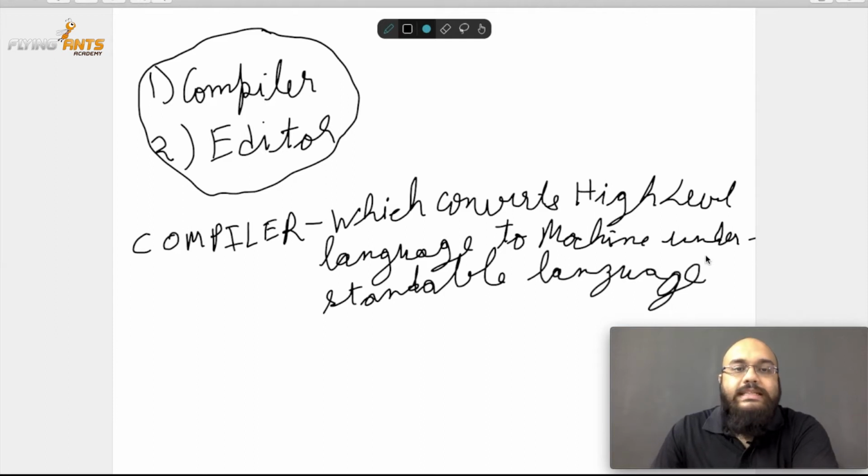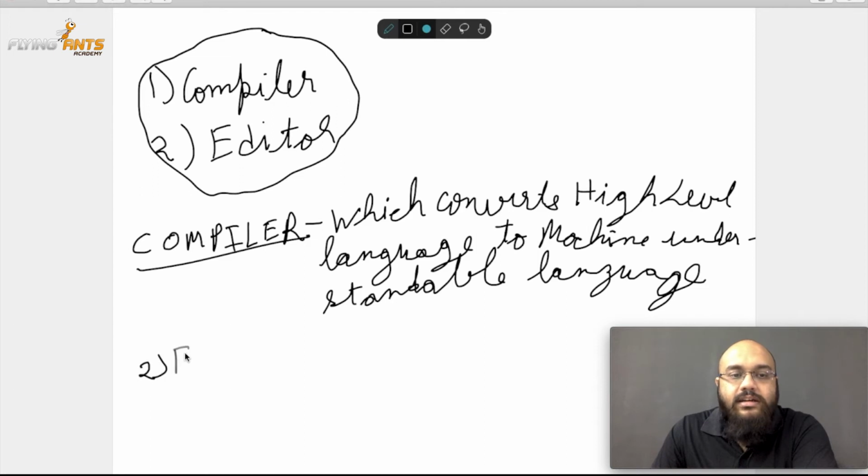So what this means is that when you write C programs, as I told you, C is a high level programming language because the syntax and all are human readable. It is not English, but it is still human readable. What the compiler does is take your C program and convert it into a low level, machine level language that the machine can understand. So we have to pass our code that we have written in our programming language to a compiler, which will compile the code, and then we will execute it. So that is the use of a compiler. Without this compiler, we won't be able to execute any C programs.